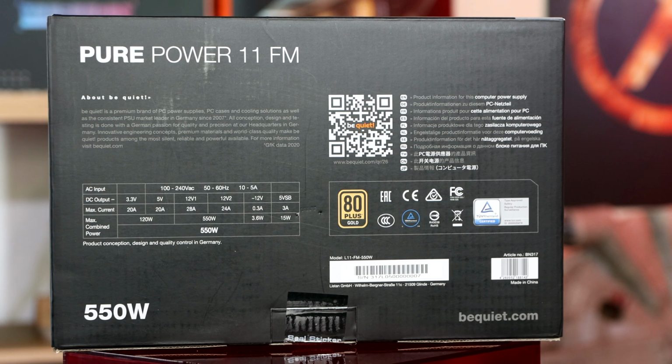Obviously cable management is a plus because you just plug in the cables you need. Each cable is basically 50 centimeters long, with the exception of the 24 pin, which is 55 centimeters. The 8-pin or 4/8 pin connection for your CPU is 60 centimeters long, and as I said, the other cables